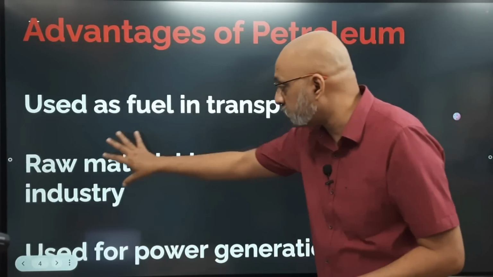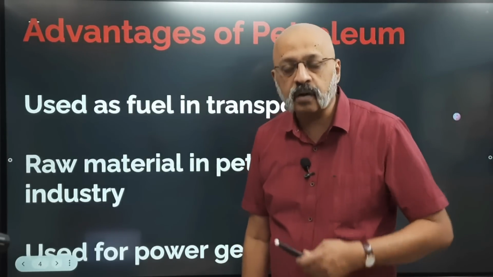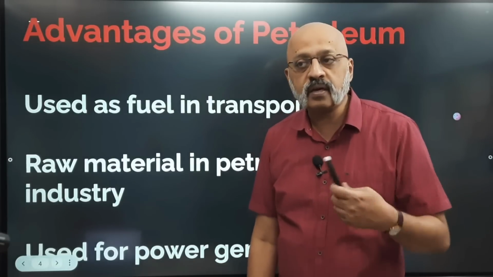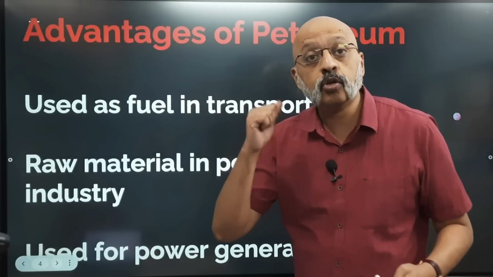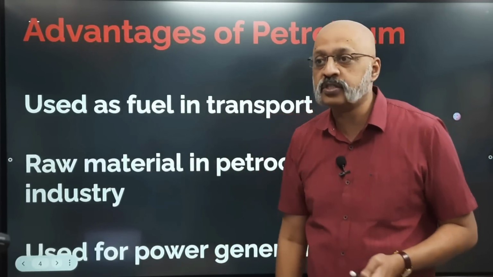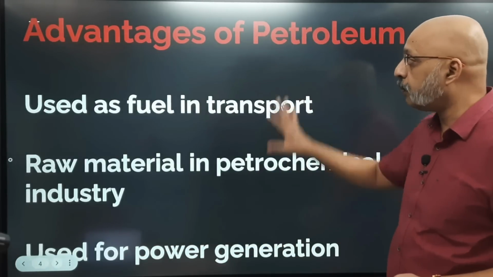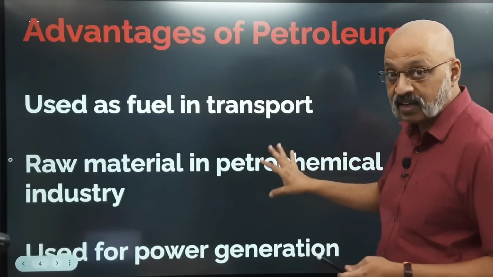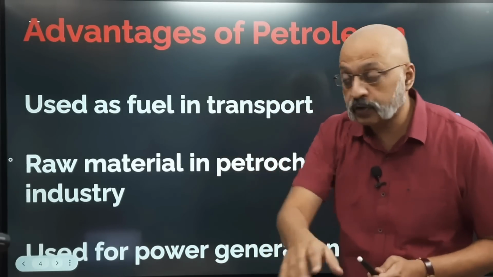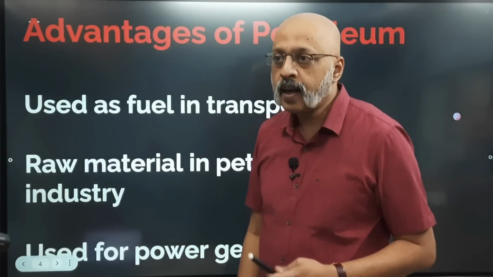Petroleum is used as a raw material in the petrochemical industry for the production of synthetic rubber, synthetic fibers, PVC, carbon black, paints, etc., right? Now, as far as the fuel is concerned, it's also used as a lubricant oil for engines, etc. And finally, it's used for power generation. These three are important advantages. Please remember these, what I have written out here, these are the keywords which have to be part of your answers, and then you can expand depending on what all I'm explaining to you, right?